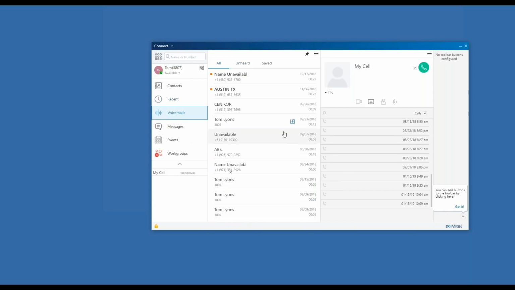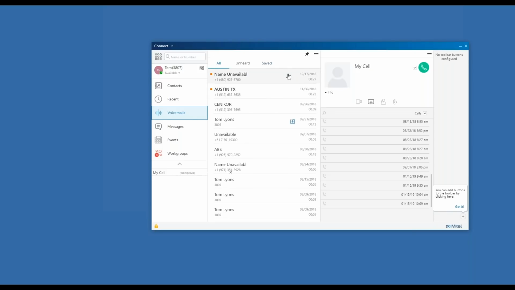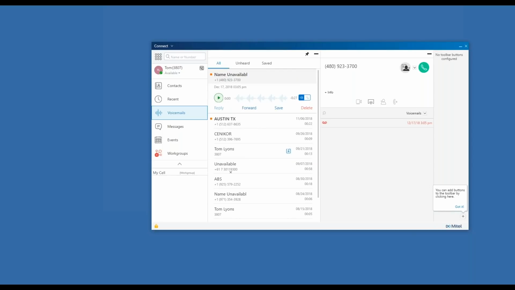Under that is the voicemails tab. And this works very similar to the way that it used to work in ShoreTel Communicator, but going through that here, you have a few tabs up at the top. You have all, so that's going to be all of your voicemails. Unheard, so any voicemails that haven't been listened to yet, which you can see are illuminated in bold. And then any saved voicemails, which is going to be anything that I tell the system I don't want to have purged or deleted. From here, if I click into a voicemail, you can play the voicemail from here,